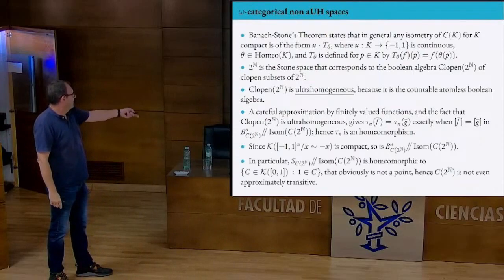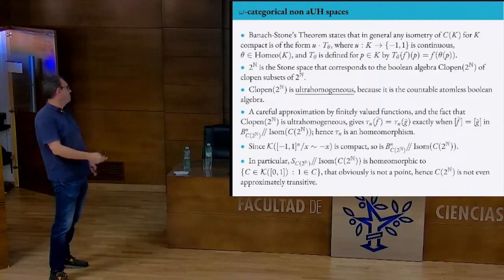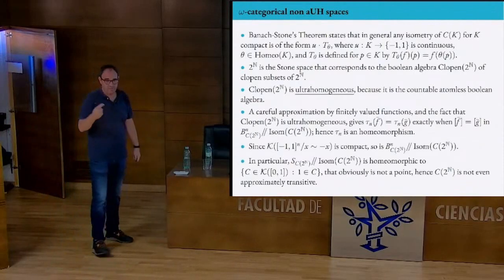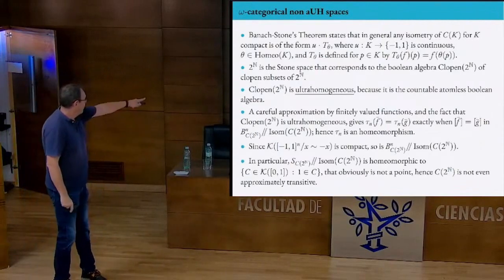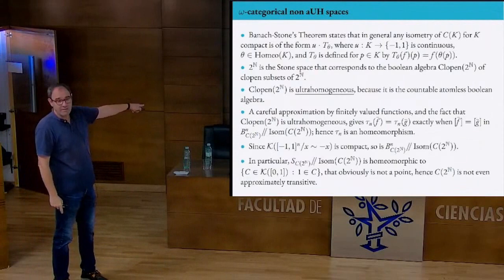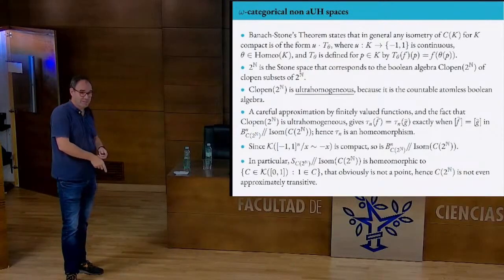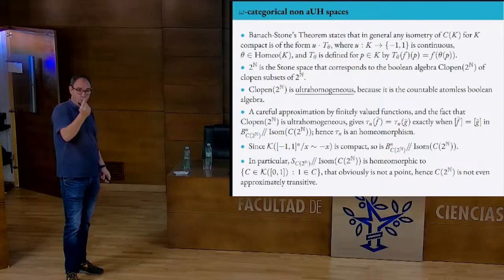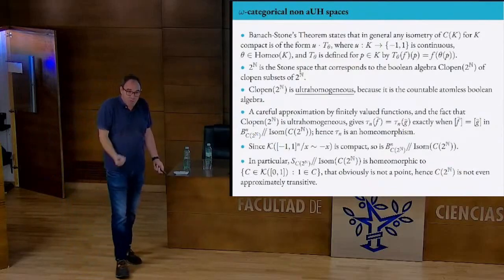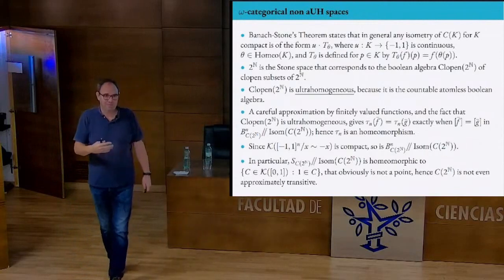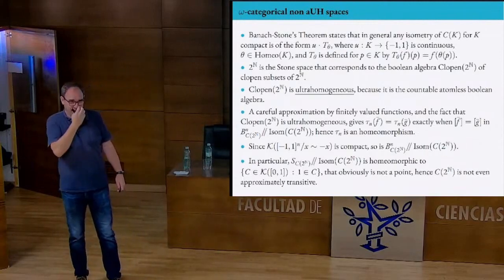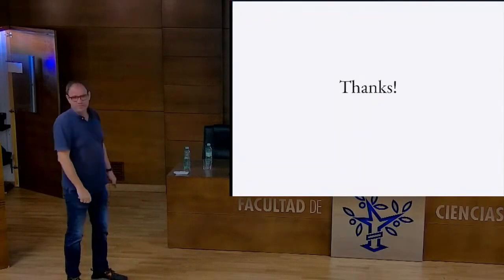Well, okay, a small remark: if you do this for dimension 1, what you get is that the quotient is the unit interval. And if you do this for the sphere, what you get is all the compact subsets of [0, 1] that have 1 in there, which is obviously not a point, which is obviously telling you that C(2 to the n) is not approximately transitive, that we already knew, right? But there is more information in there. And I think this is all. Thank you very much.